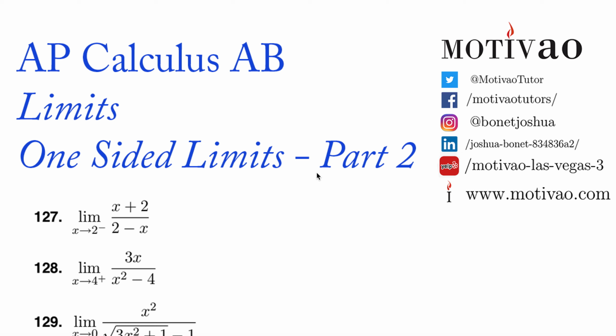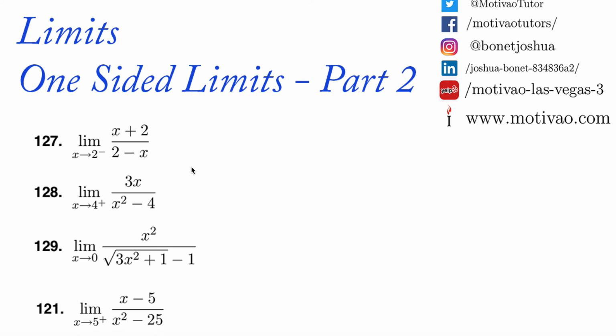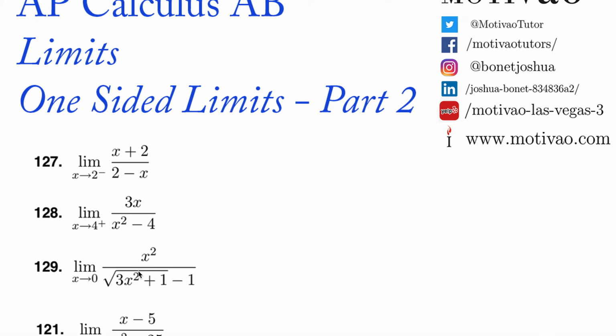Again, this is Mr. Bonet for AP Calculus AB, limits, one-sided limits part 2. Okay, so basically more of the one-sided limits. This time, notice that there's no absolute value. Well, in this case there is, but there are no piecewise functions. Okay, so this is just straight up a question where you have to choose one